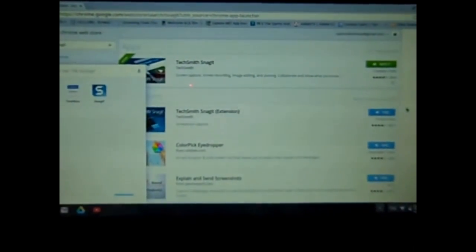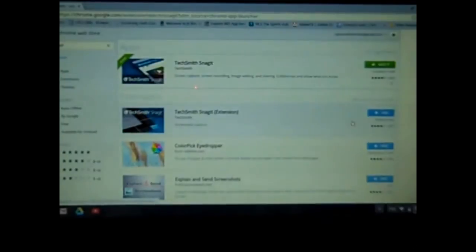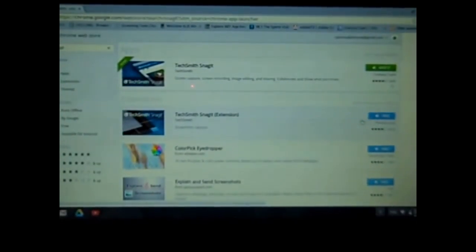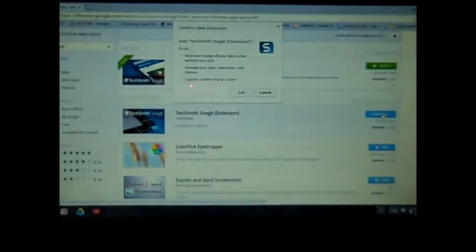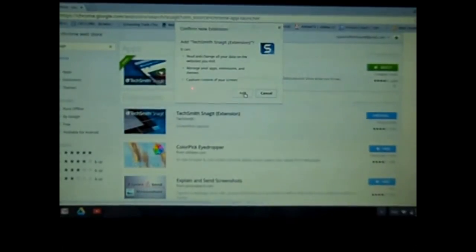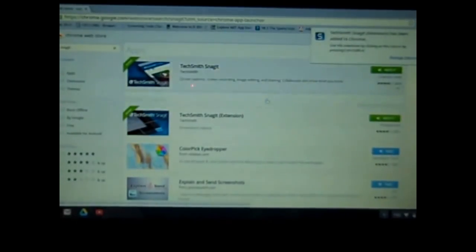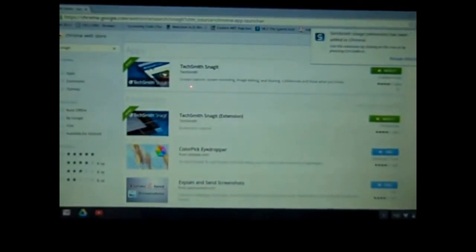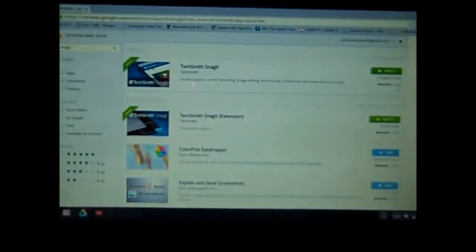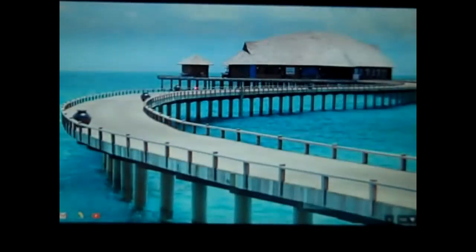And then we also need to install the extension, and that is the one that's underneath it. Again, click the blue button and add. It's checking green, and once it's green, you'll see that the extension appears in the upper right corner of the browser. At this point, if you close the browser and then reopen up,